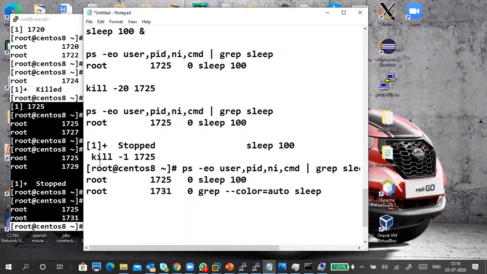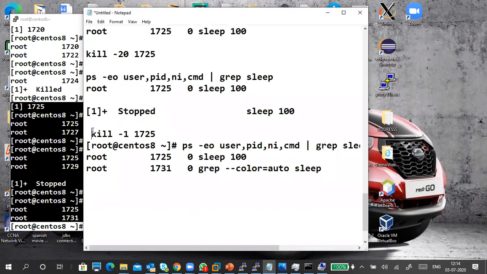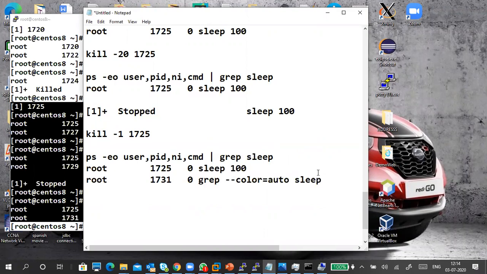Don't worry about what the 1 plus stop is. 1 means it's a job. It is actually a background process, right? So again, the process is running. Once this 100 seconds is completed, the process will automatically complete. So you cannot run. Okay, like that.